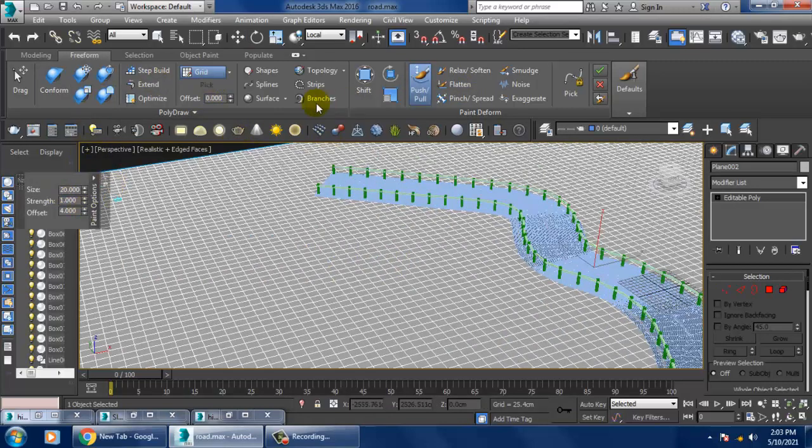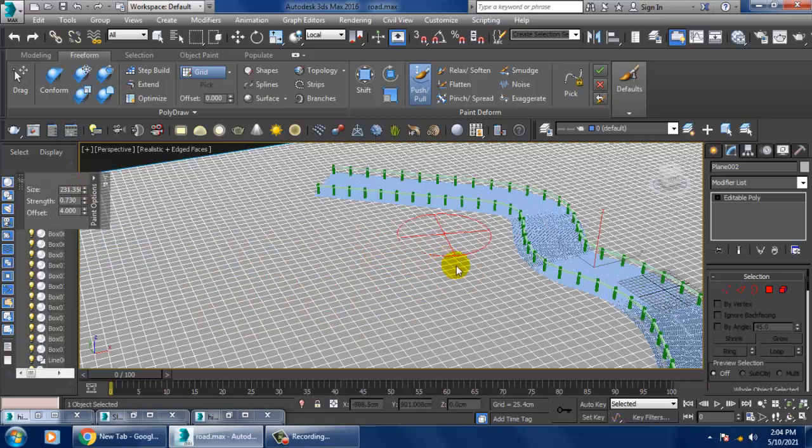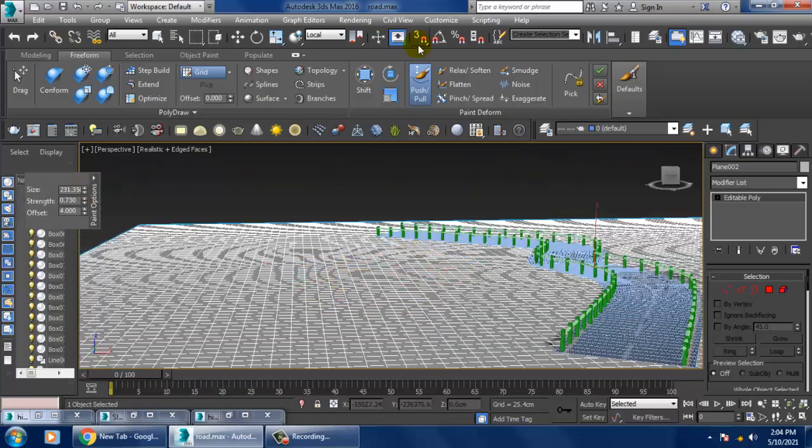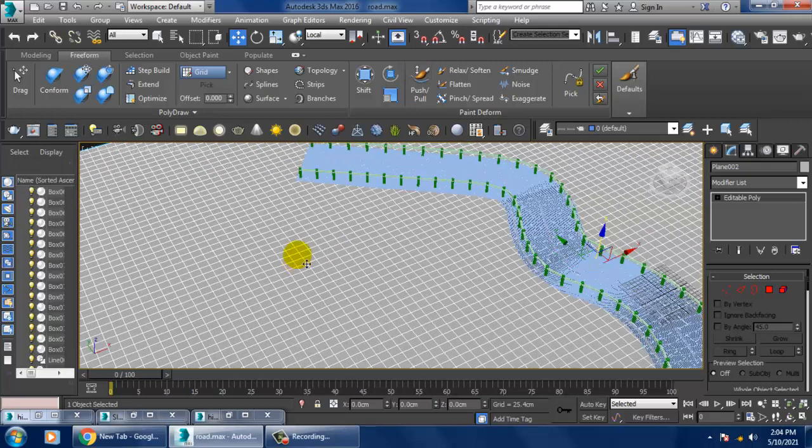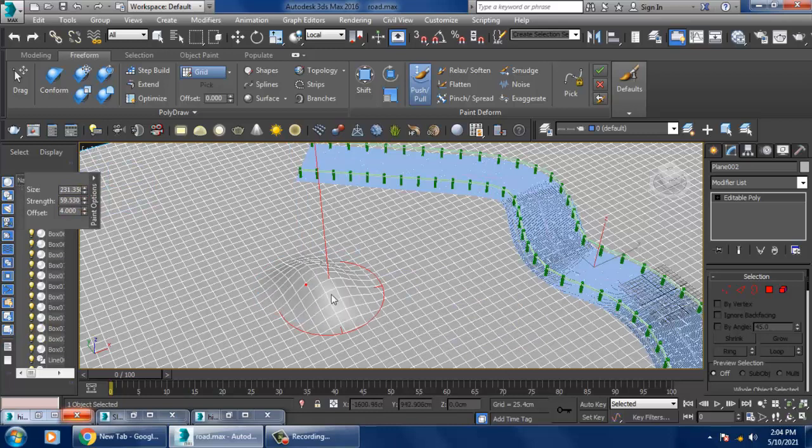So let's increase the brush size over here. So just increase the brush size and reduce the strength, and we can just make it uneven. Just reduce it that much.